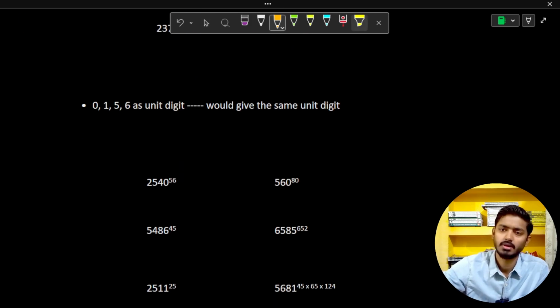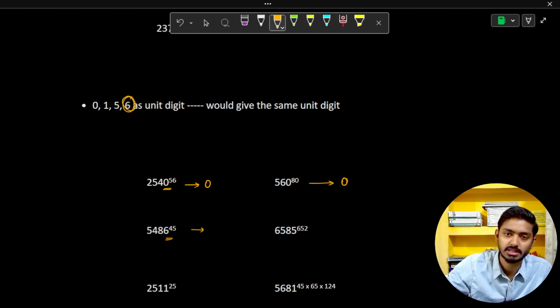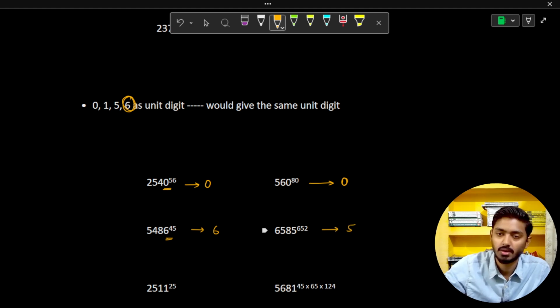Now, as the statement says, if you have unit digit as 0, 1, 5 or 6, no matter what the power is, the final answer would give you the same unit digit. Let me explain. As you can see, the unit digit over here is 0. As I said, no matter what the power is, the unit digit for the final answer would be 0 only. In this case as well, it would be 0. Unit digit is 6. No matter what the power is, the unit digit over here would be 6. Over here it would be 5,